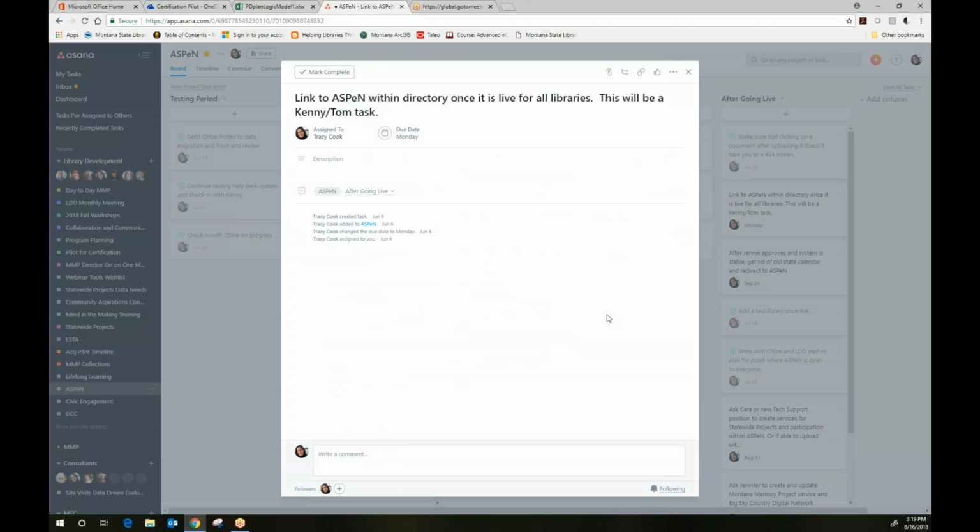And so Asana would allow you to create a project with your community members, and you can just use the free version. You would list out what tasks you wanted to complete, and you would assign it to the person who was responsible for completing it, and you can put a due date on it, as I've done with Aspen. And then you can actually converse with each other within Asana, either about an individual task, or you can just have a conversation with each other.